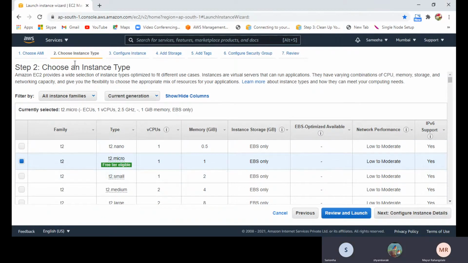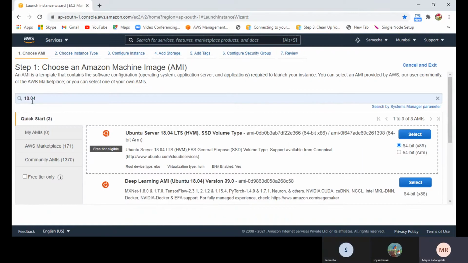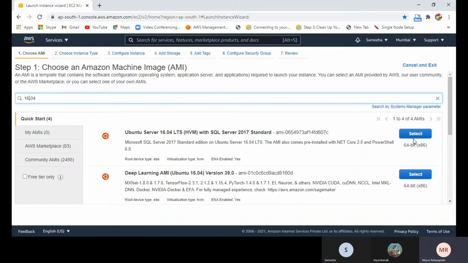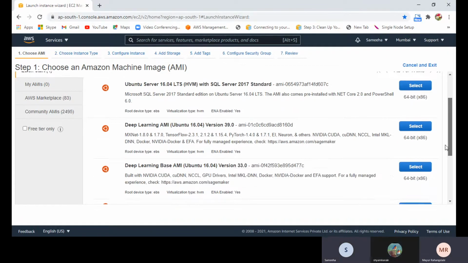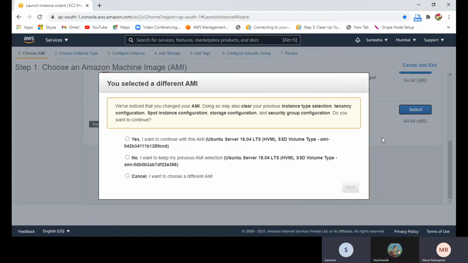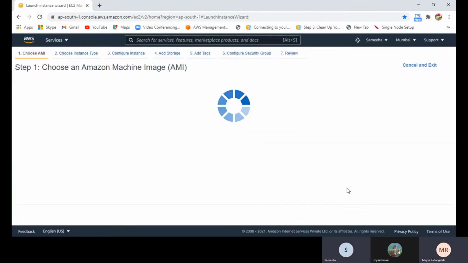Actually, 18.04 is the latest version, so the repository is not available for 18.04. We are not using it because it is not stable. Yes. Next.